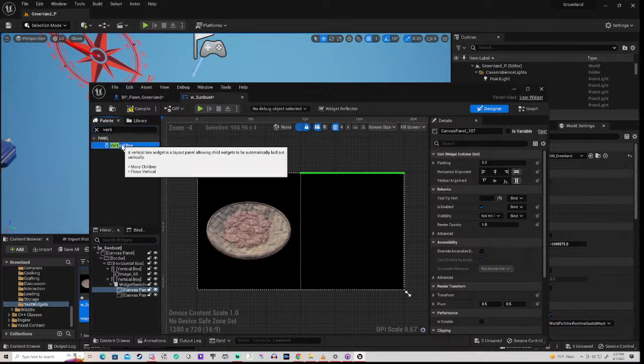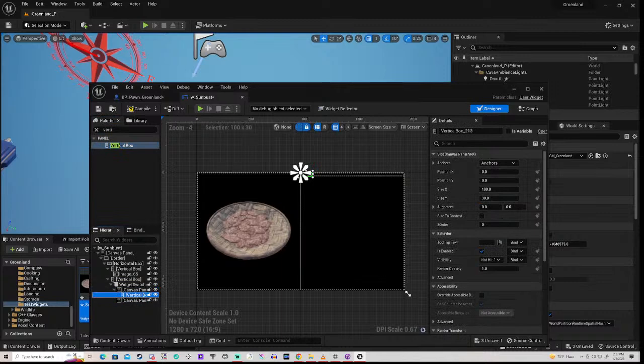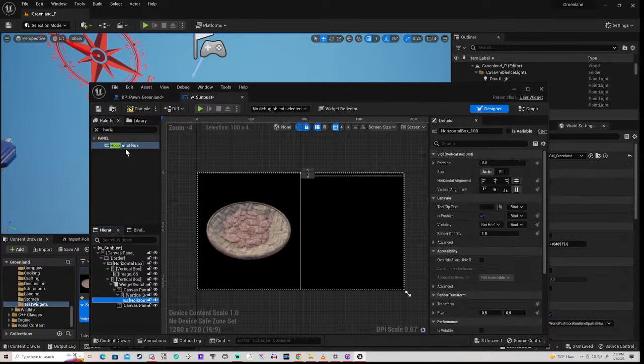So we'll add a vertical box, and then in this vertical box, we could add a horizontal box, right? And then in this horizontal box,